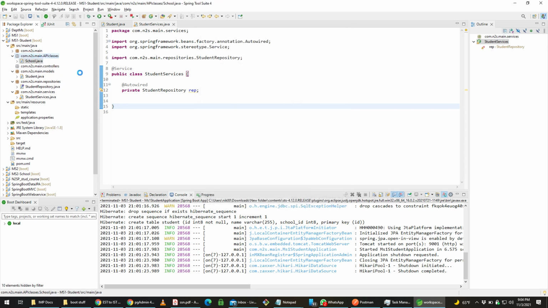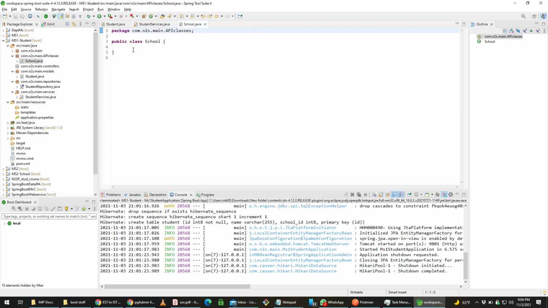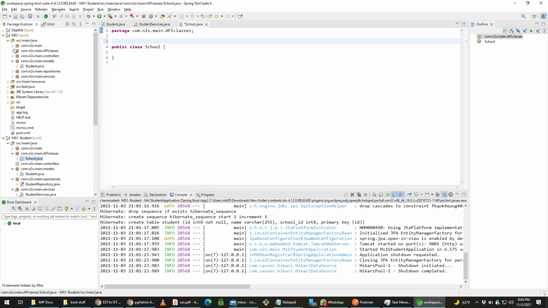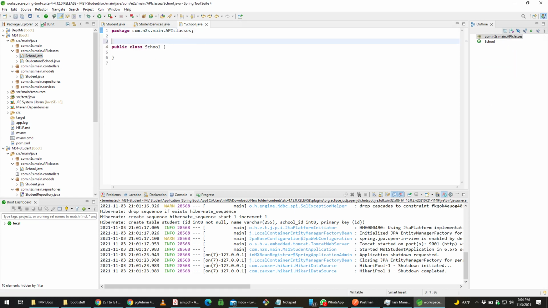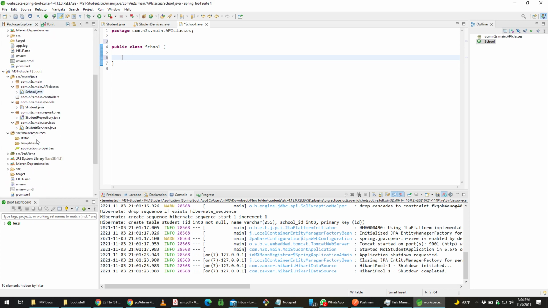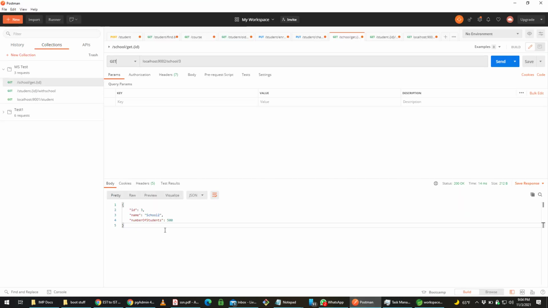Now in the school class, do I say that it's an entity? No, nothing at all. Just the usual stuff, setters and getters. And in the school, what all does the school have? The same values we need. Whatever school API calls we made, it has to return these things. So we'll have to say that it will return an ID,